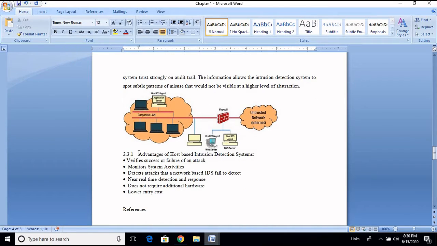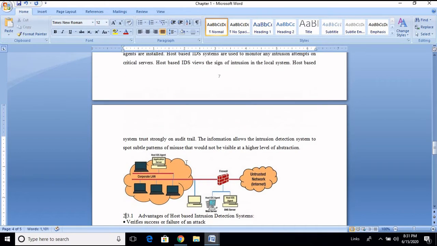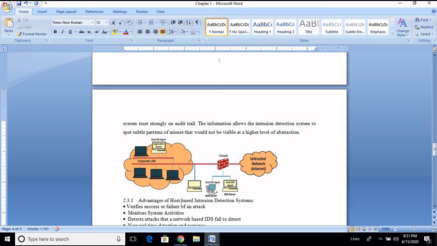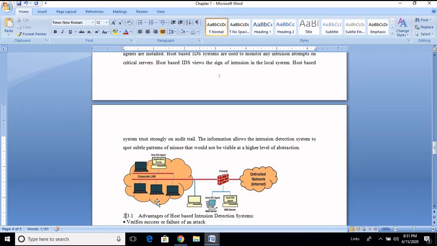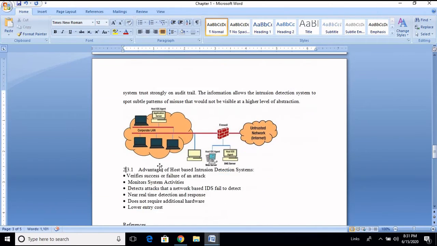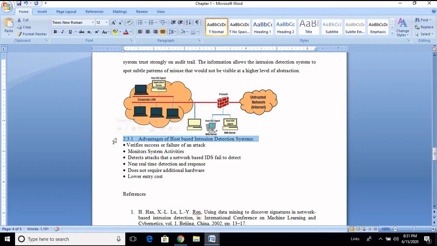Now there is one more thing called 2.3.1. Here you can see advantages of host-based intrusion detection systems. It comes under 2.3, which means it happens to be the subheading of this 2.3. That is why it has been termed 2.3.1. Here I will simply select this and make it bold.